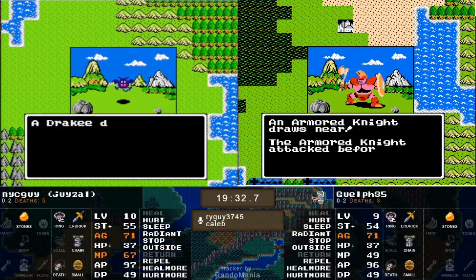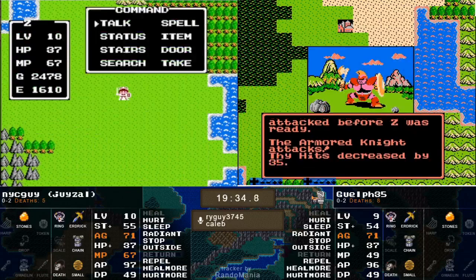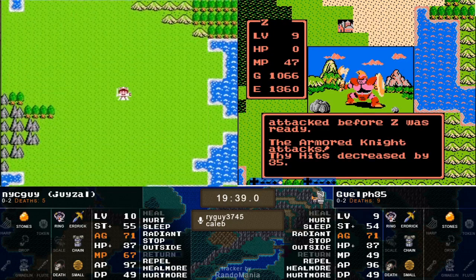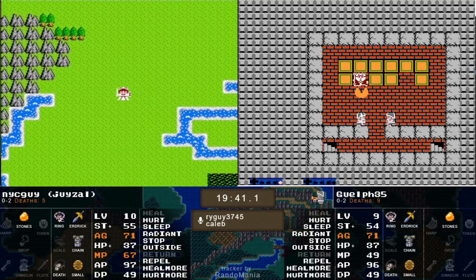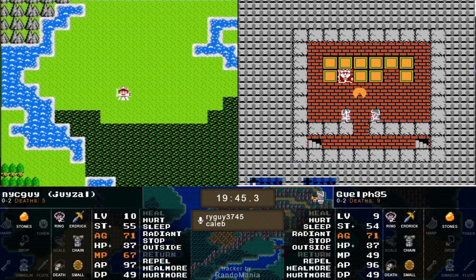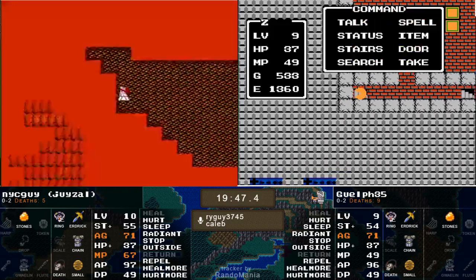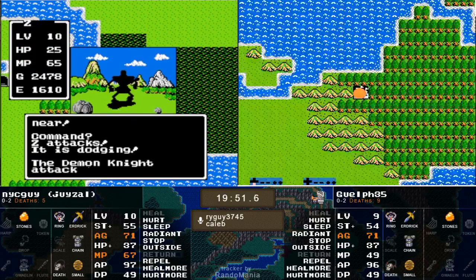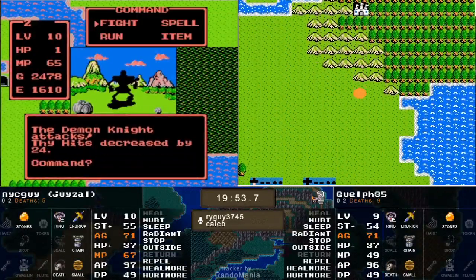And I think Guelph was going to try his luck again, maybe, but that Armor Knight had other plans for him. Ooh, yeah, 35 from the Armored Knight. When your max HP is 37, even if you have Hurtmore, that's rough. Yeah, it kind of makes sense, because what he's hoping for, the other thing we haven't specifically